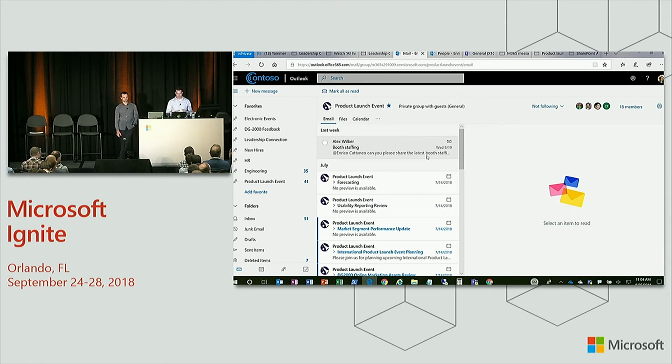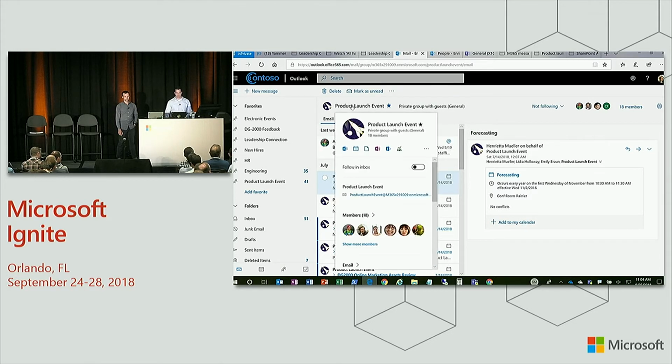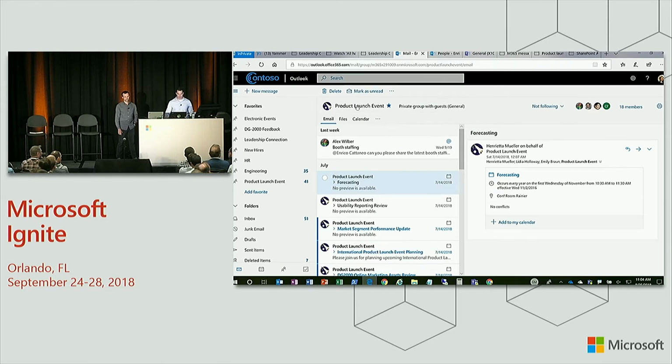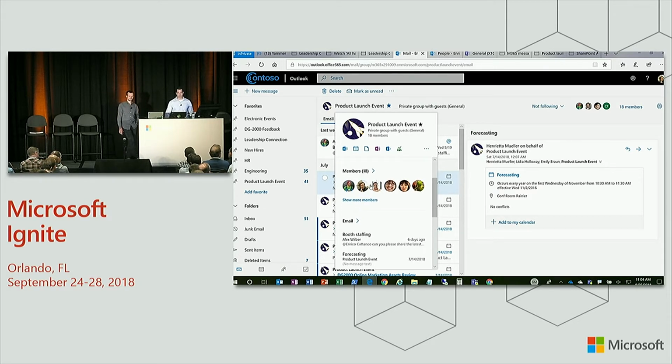Now, when I'm in Outlook here, yes, I have the list of all my conversations, and I can drill in and review all the meetings that are sent. But we know that users are very interested in who's participating in this group and the services that are connected to this group. That's why we've done a ton of work to improve the group card experience. So here, when I click my group name, we quickly render the links to our related services and show a quick snapshot of the members of the group.